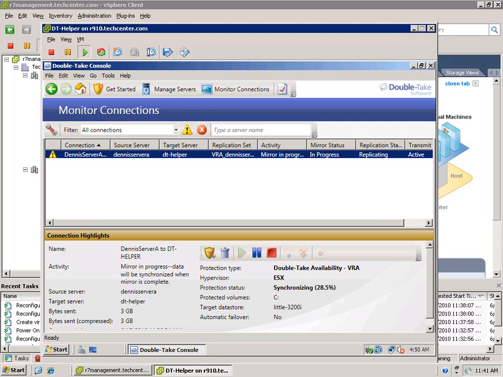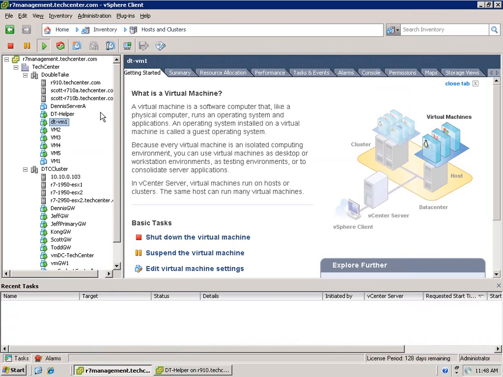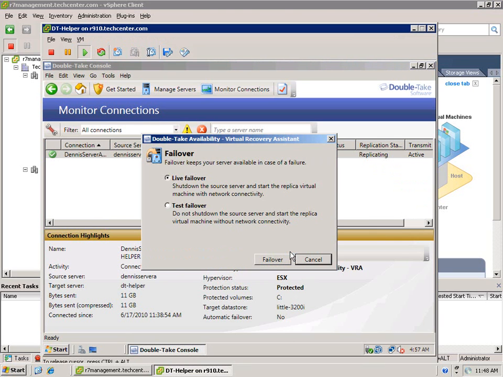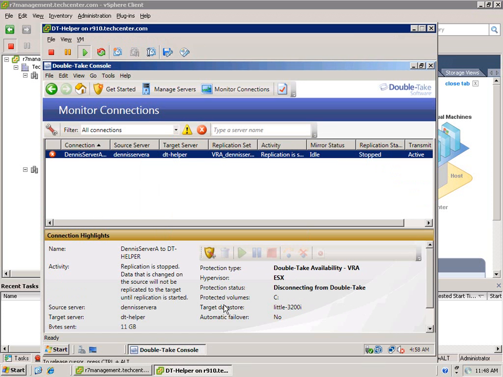So depending on your schedule or the schedule of the business, this physical machine is protected with Double-Take, and at any time we can do the failover. So we see it's protected. We can simply click failover. Again, we have live or test. Test would be bringing the machine up without network connectivity. So once it disconnects,